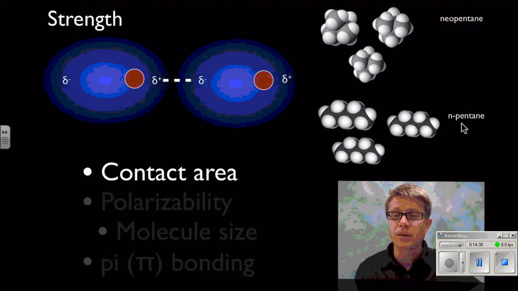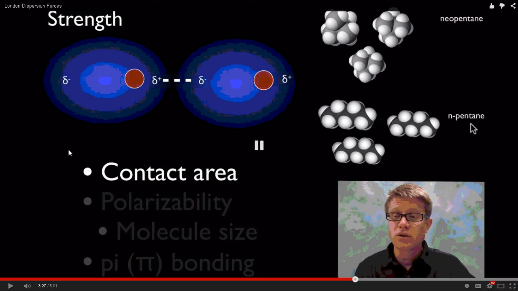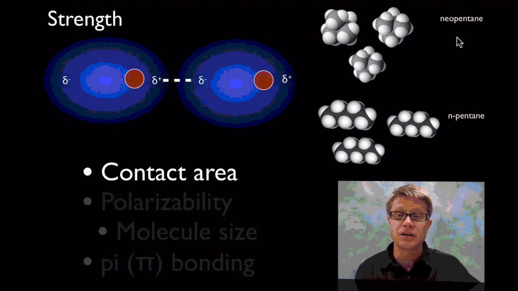So if we look over here at N-pentane and neopentane, they're both going to be made of the same atoms. But these ones right here are going to be looking more like a column and these more like spheres. And as a result, these ones are going to have more surface area, more contact area, so we're going to have greater forces. I think it's easier to see it in those space-filling models and the long chains, but that's essentially what you're seeing. This is long N-pentane straight chains, and that's the one that had a T shape. So the boiling point of N-pentane is going to be higher than that of neopentane based on these London dispersion